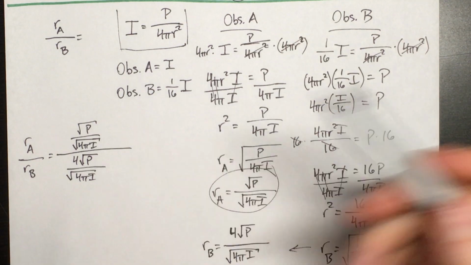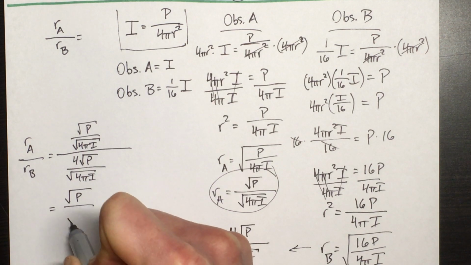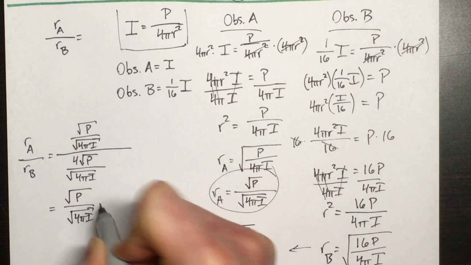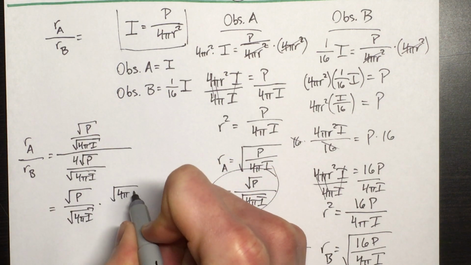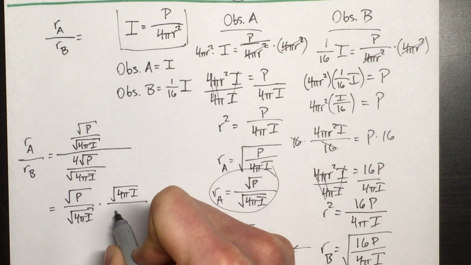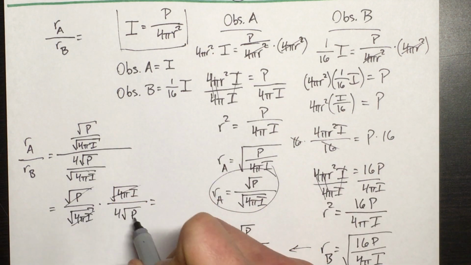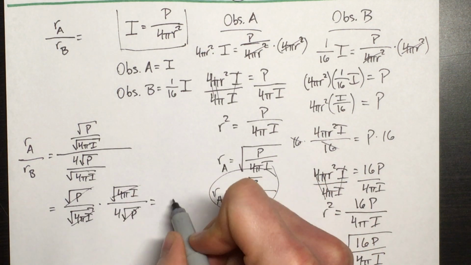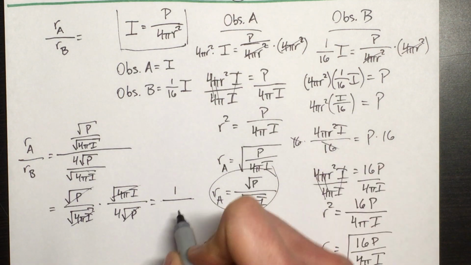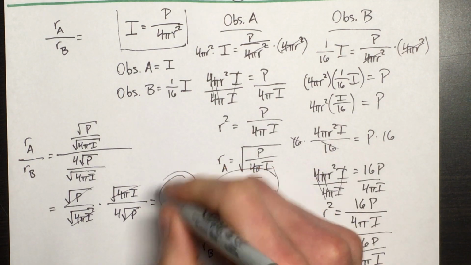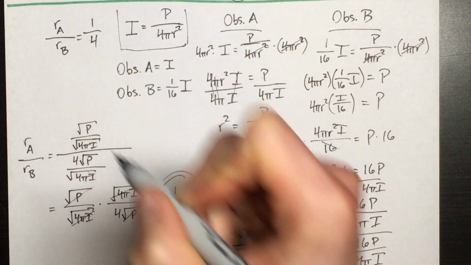So how do we divide fractions? Flip the second and multiply, right? So that'll be square root of p over square root of 4 pi I times the reciprocal of that, so times the square root of 4 pi I over 4 square root of p. And now what do we get? The square root of p cancels with the square root of p here. So we have just 1 on the top, because all this canceled out, and all those cancel out, we just have 4 on the bottom. So 1/4 is your ratio between RA and RB, which is answer choice